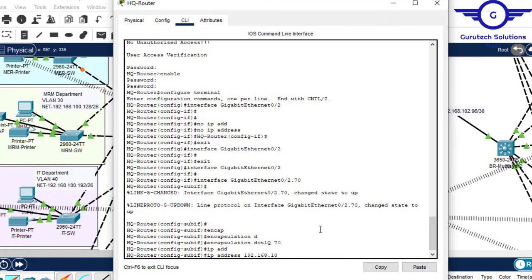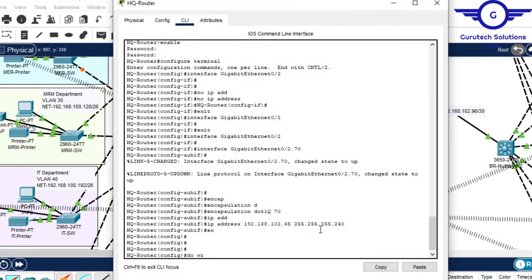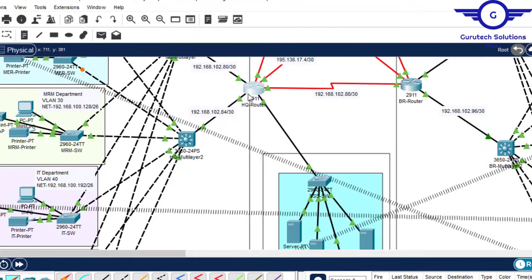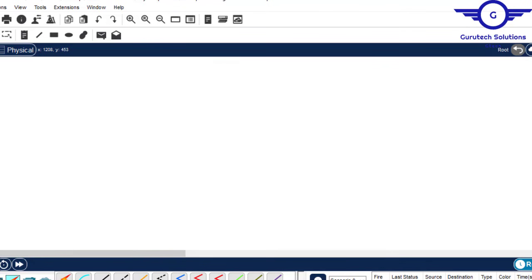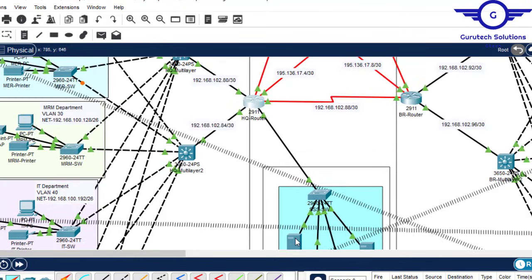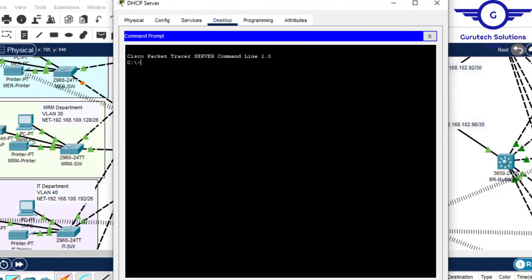Okay, 192.168.102.65, subnet mask of 255.255.255.240. Okay, and we hit enter, exit, and do write. So we have configured Inter-VLAN routing on this router to enable this VLAN to communicate with other VLANs in the network. Okay, all right, so I think if I can just do this, can just try to ping the default gateway, ping